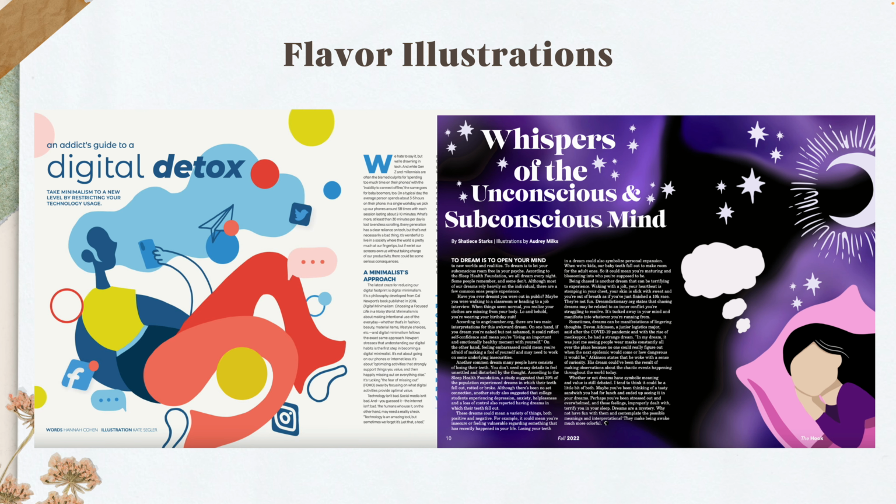These are just some examples of magazine flavor illustrations as we continue to move closer to our magazine session. And just knowing that they can be big and help break up type, again, for those more elusive topics. So this one, of course, is talking about people being addicted to their digital products and that we need a detox. Of course, you could get a picture of somebody on their phone, but this is able to show a little bit better how inundated we are with media with the different icons floating around this character